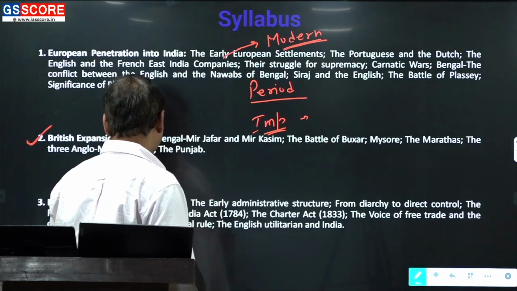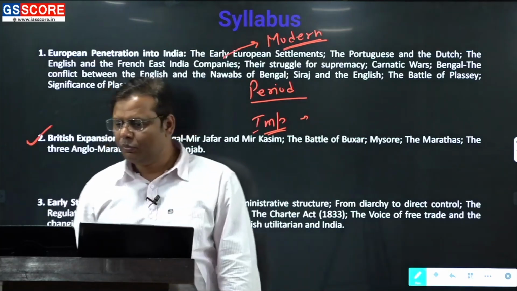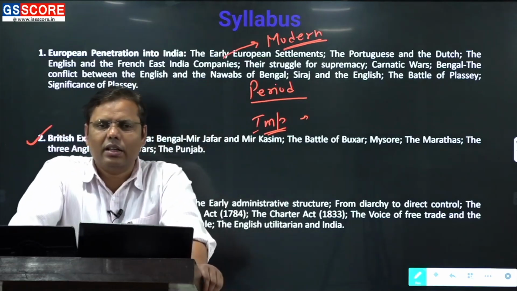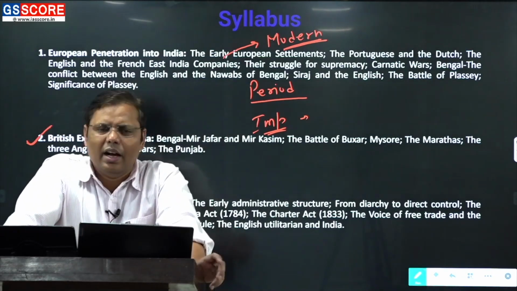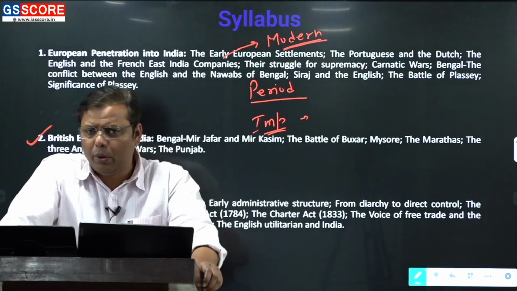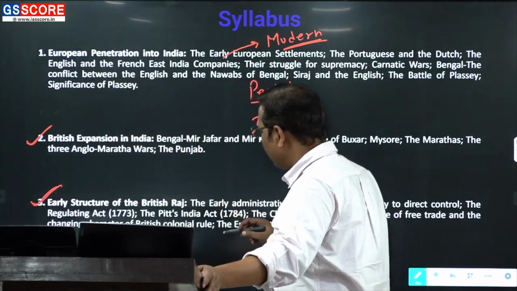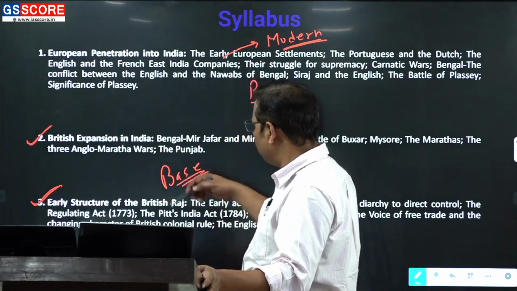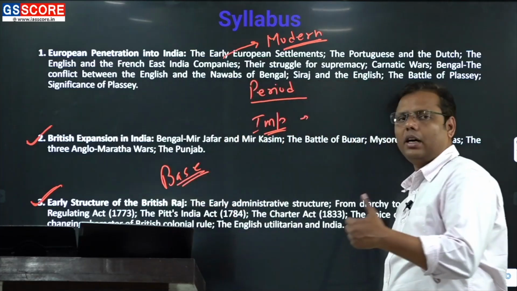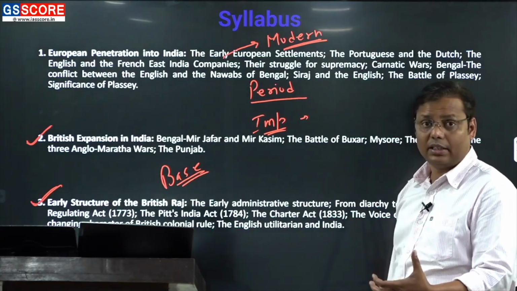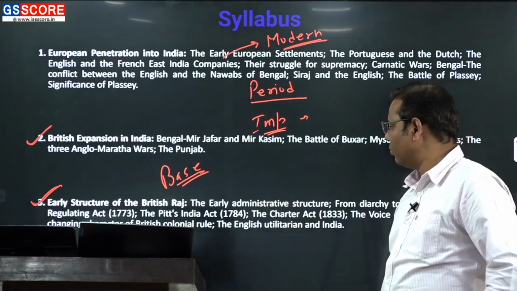Moving to the next part is the early structure of the British Raj. This is the third part. Now, this is the third unit, and frankly speaking, there is nothing new in the third unit. Earlier also, historians have talked a lot about this third unit. And when it comes to understanding modern India, I think that provides you the base for understanding the colonization and why the people have started resisting the colonization, that you can understand with respect to this.